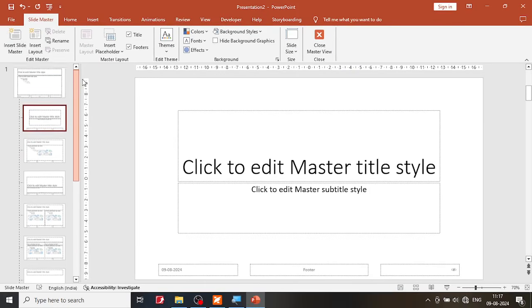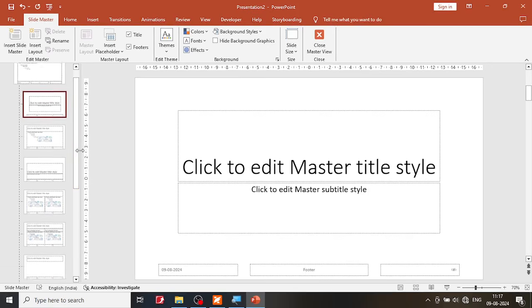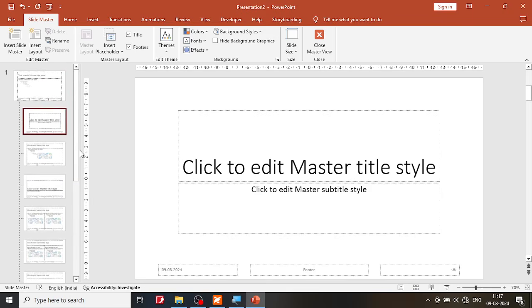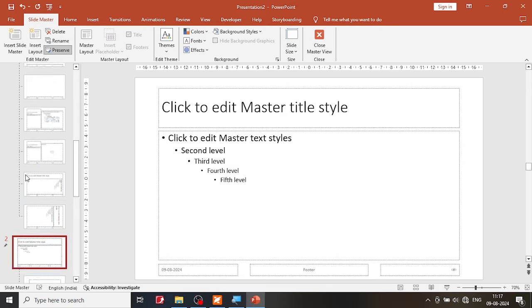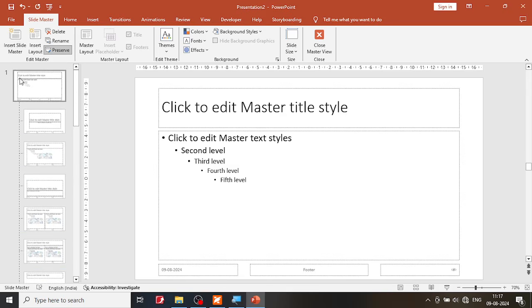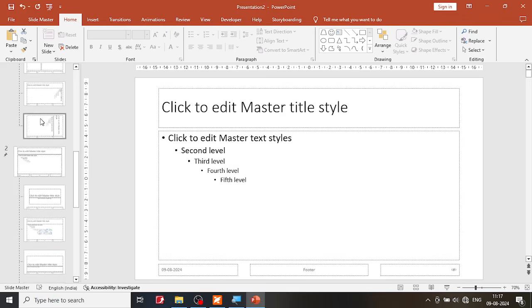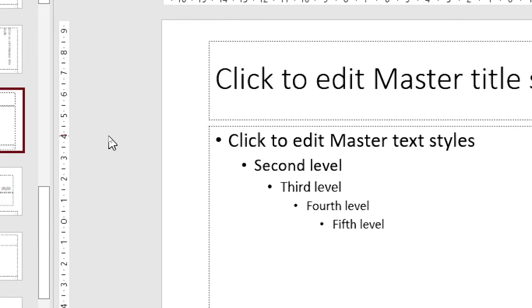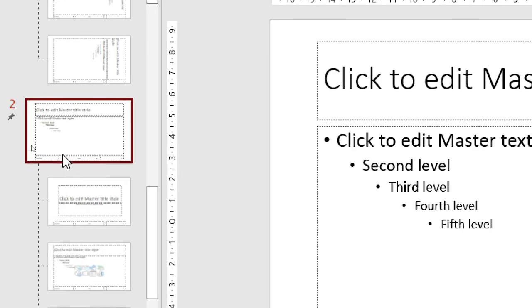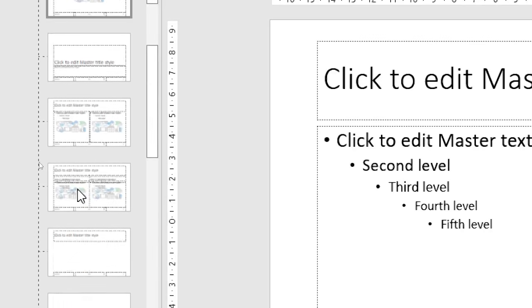One thing you must notice is that before I insert it, there is only one master slide and all the other options are being used up here. Now the minute I click on insert master slide, you notice that two master slides are created. One is the original one, and the other is the customized one. So I'm going to click on the second option over here. This is my second master slide that I've just inserted. The first one is intact as it is. I'm going to use the second one,